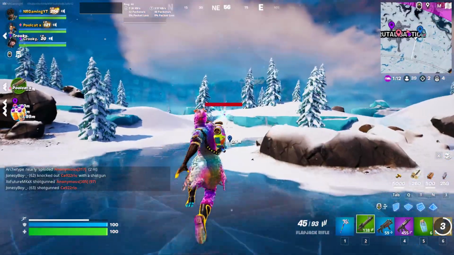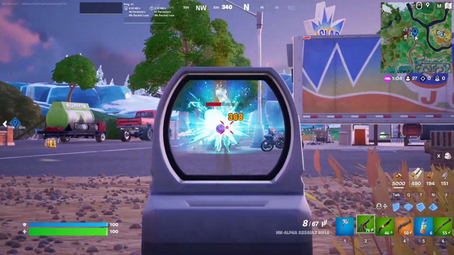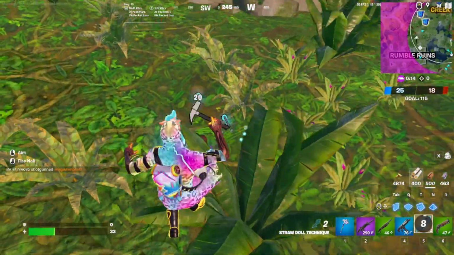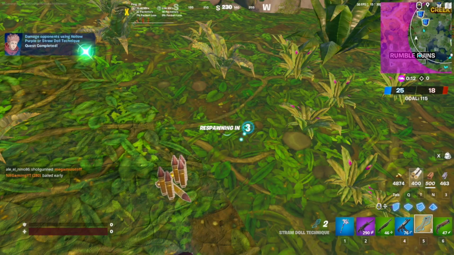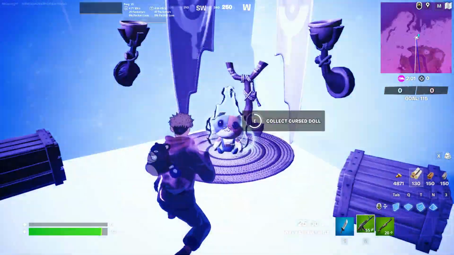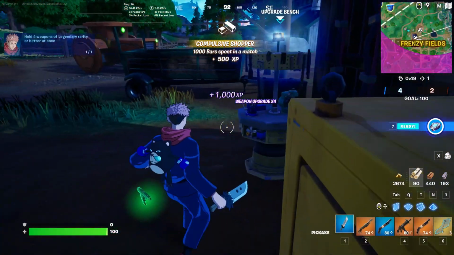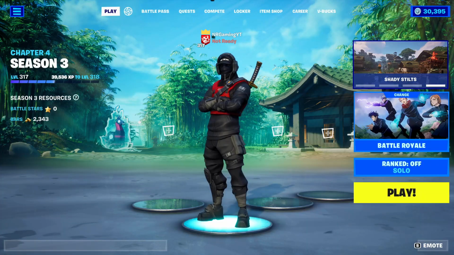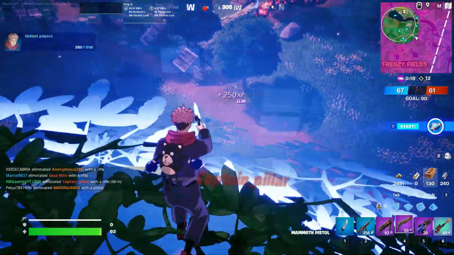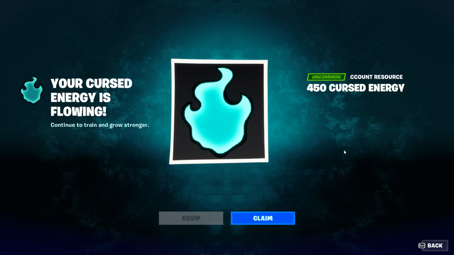Help in hunting cursed llamas, which were the variation to llamas we had, which contained those mythics. Destroy structures or objects using Hollow Purple or Straw Doll Technique. Damage opponents using Hollow Purple or Straw Doll Technique. Land direct hits on opponents using Straw Doll Technique or Sniper Rifles or DMRs. Collect cursed Meowskull dolls, and lastly hold 4 weapons of legendary rarity or better at once. There are also loads of just normal challenges, such as damaging people with certain weapons or outlasting opponents, stuff like that. Each of those challenges earned you cursed energy, which leveled up the battle pass, so you could earn